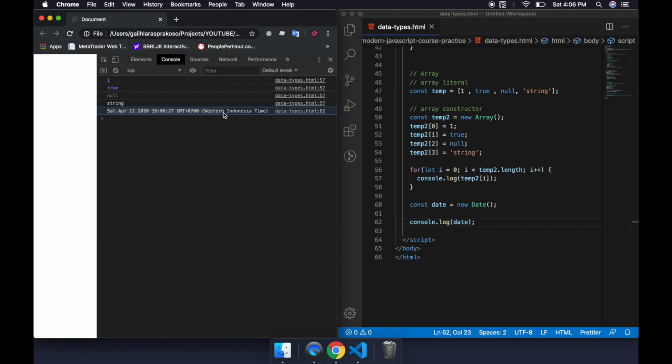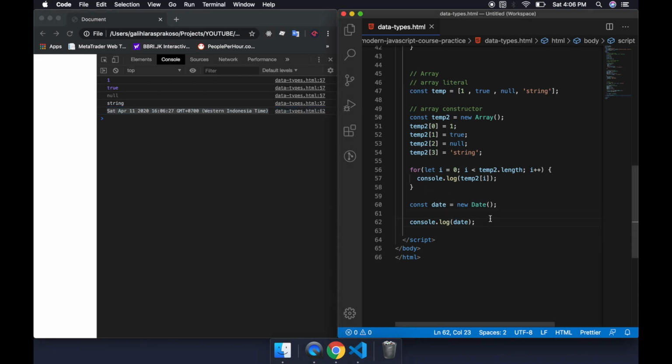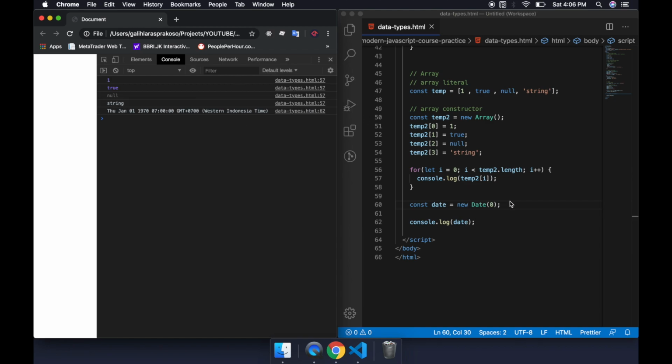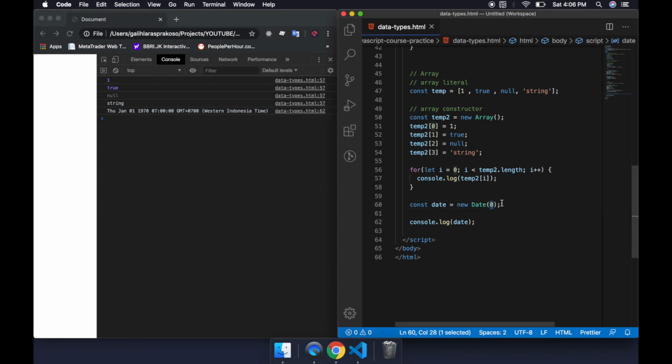So this is the current date, and then we can also pass an integer to this constructor. If we pass 0, for example, which is the millisecond value of the date,